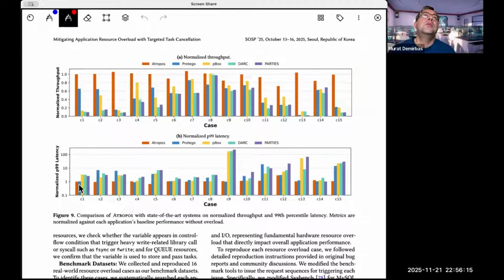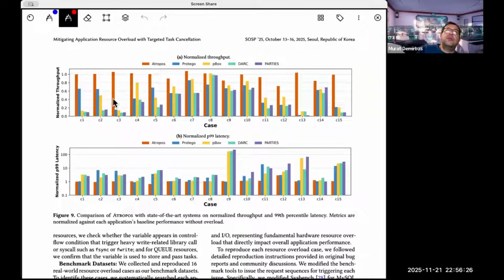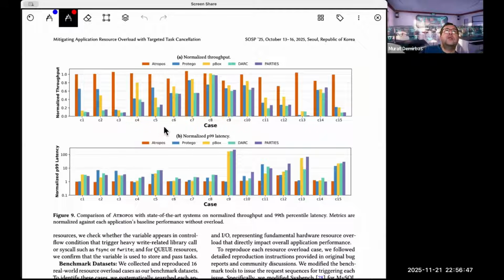Throughput is more important. Latency, not as big a difference there as expected. Again, because latency is on a log scale. That's true. But latency doesn't mean much. You could have much better latency by canceling above a threshold. Yeah, you need to look at the throughput to get the full picture. And they still have low latency, lower than most of the stuff. MySQL, it provides a lot of improvement.